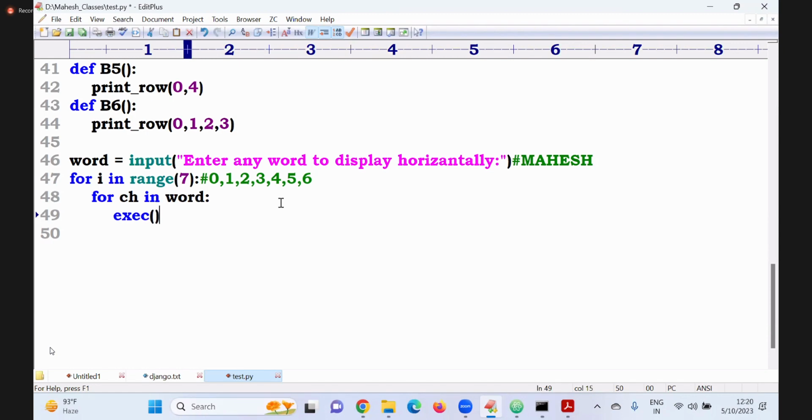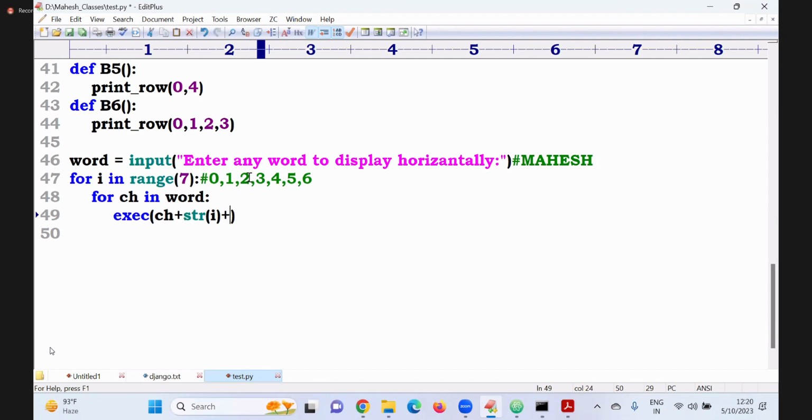Inside, what do I want to do? ch, what is coming? M came. Only M came, not 0. I want to concatenate it with str of i. What is the i value? 0. So M concatenated with 0, so M0 came. Next, which symbol is required?